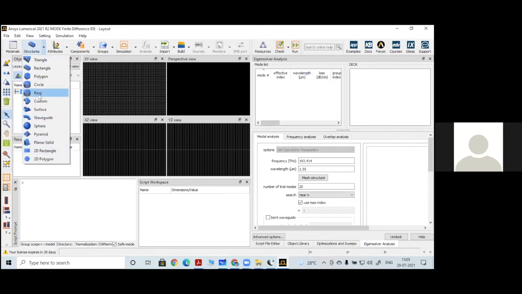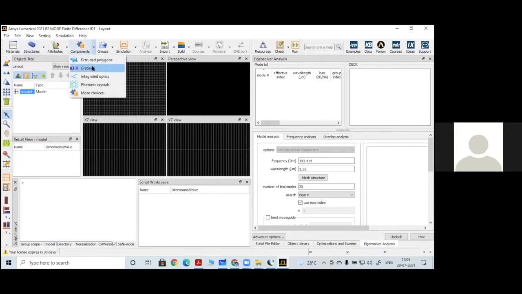So we have all these different kinds of structures, like triangle, rectangle. Next, related to structures are your components. Almost the majority of the standard components are already inbuilt in this tool.